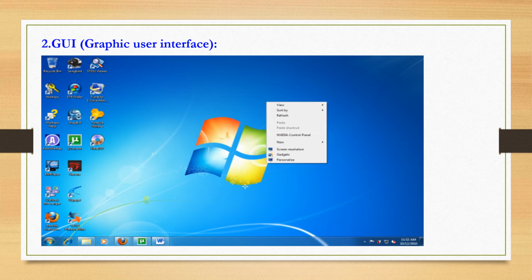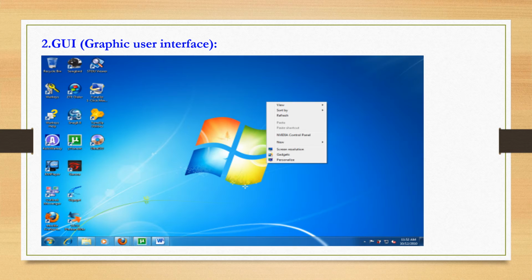In a GUI, there is no need to remember the commands as they are graphic based. Example, Windows and Linux. In Windows and Linux systems, we use these particular symbols or icons. Here we need not remember any formula or any coding, since all the icons are present there only.